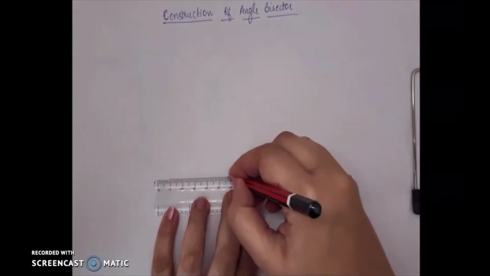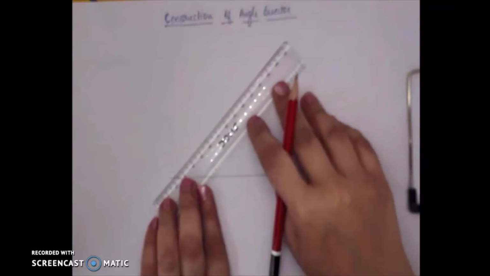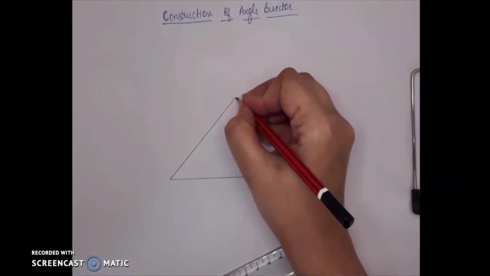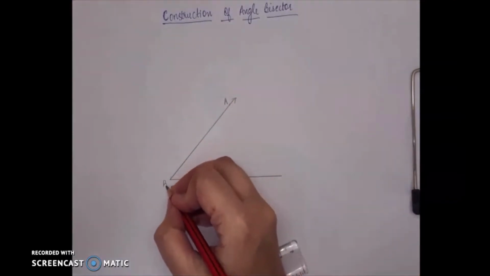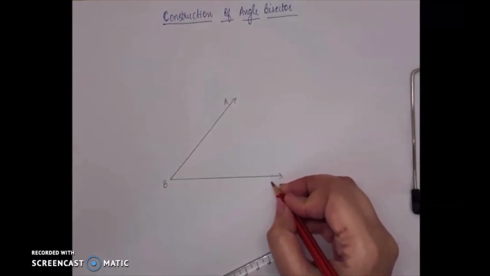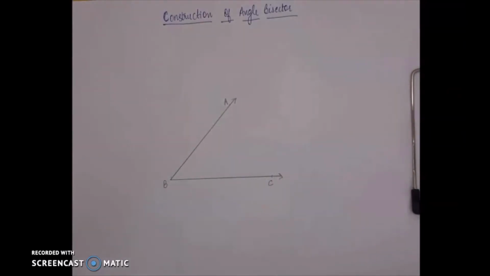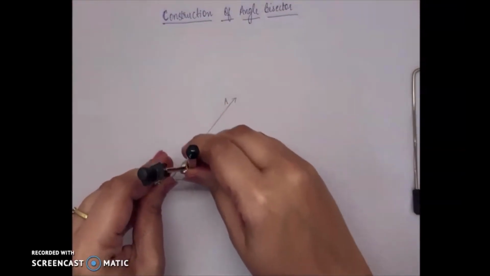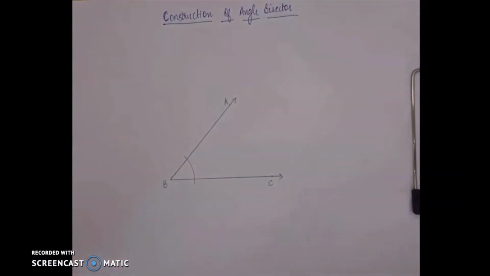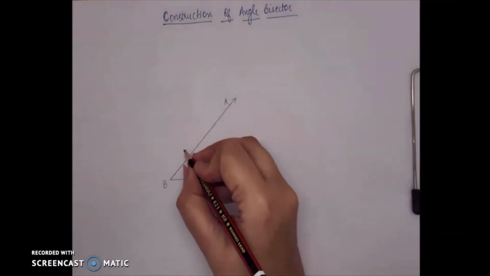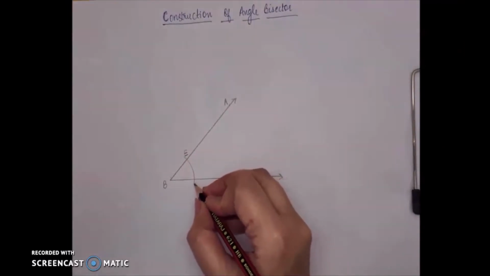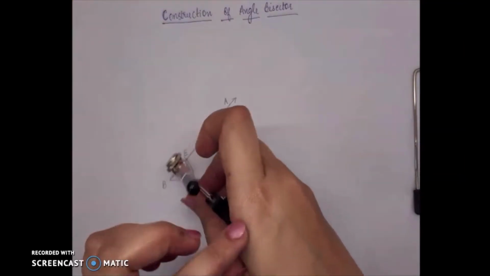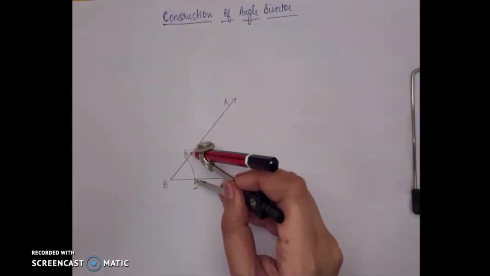So first, to construct an angle bisector, we need an angle. So right now I am going to make any angle, doesn't matter what is the measurement of the angle. We are just going to bisect this particular angle. So the angle is ABC and we need to make an angle bisector for ABC. So method is we will make any arc with B as the center. We can take any radius and we can make an arc taking B as the center. Now this arc will cut the angle at 2 points, at D and E. Now this arc DE is what we will be bisecting.